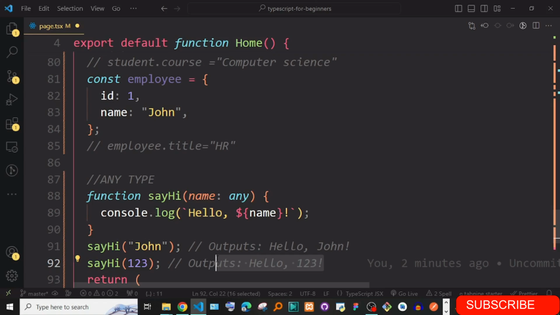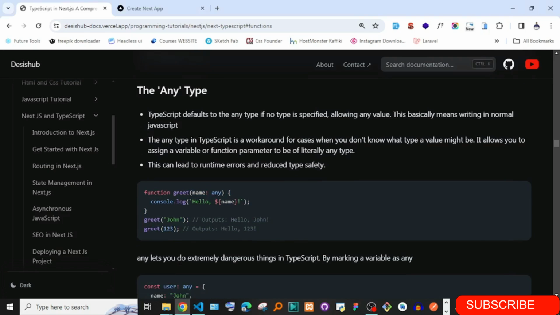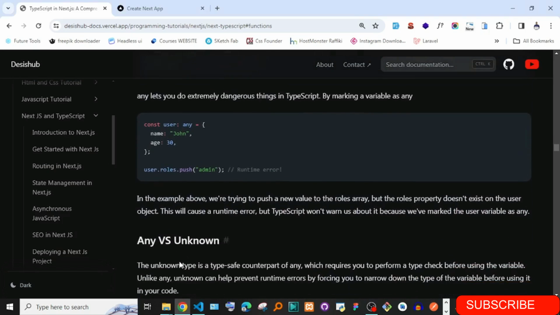So try to avoid the any type as much as you can, until you actually fail and you cannot know what exactly to do or what to put. Temporarily you can just go ahead and define the any type. Okay, so this is in various places. I gave examples of them here.